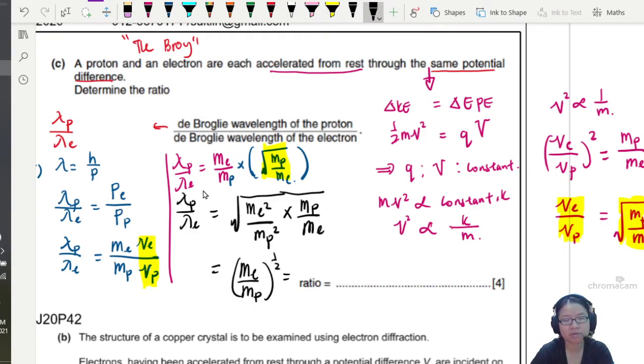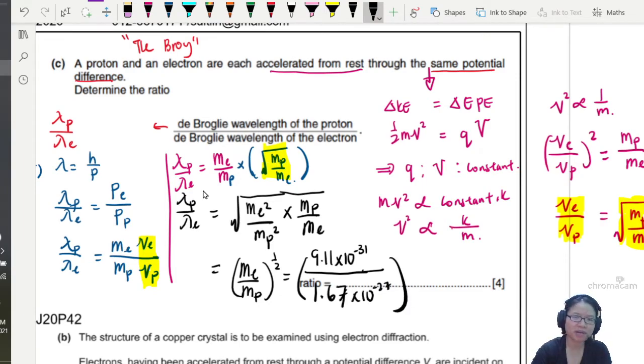Do I know the mass of the electron? Why, yes. Can copy in front. 9.11 times 10 to the power negative 31. Do I know the mass of a proton? Why, yes. 1.67 times 10 to the power of negative 27. Once you find the mass of the proton and the mass of the electron, you can press your calculator. And don't forget to square root. We nearly forget. Power 1 over 2. So this will be 9.11 E negative 31 divided by 1.67 E negative 27. Square root, answer